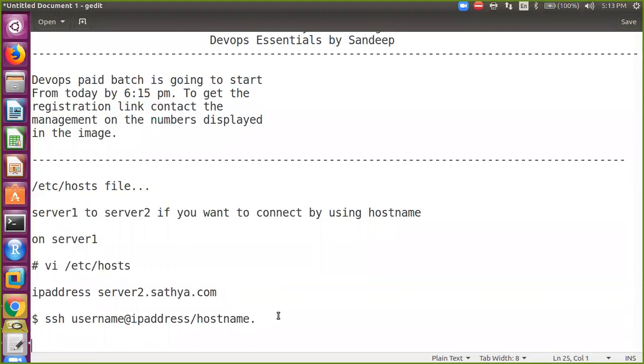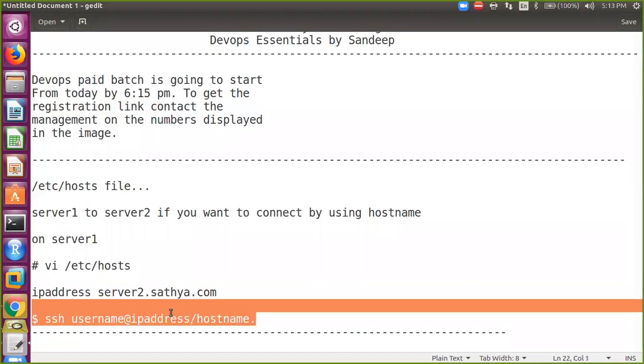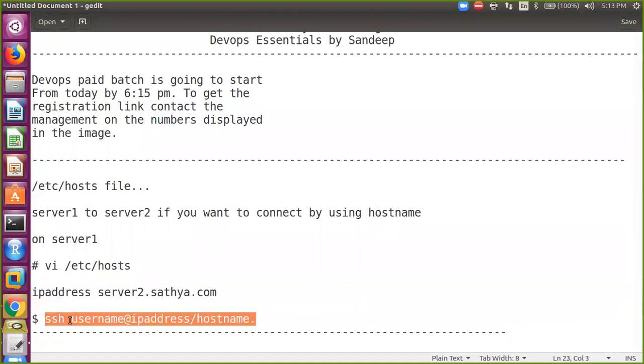So how to set up password-less authentication. Because if you want to connect like this to any of the servers, it will ask you to enter the password of the username. Then only you can log in to the other server, right?